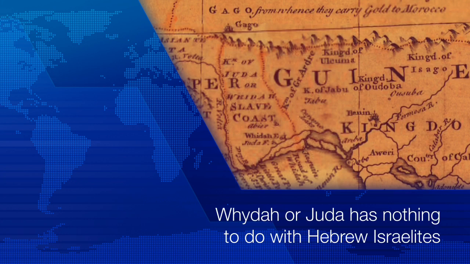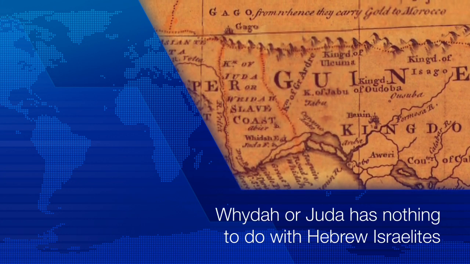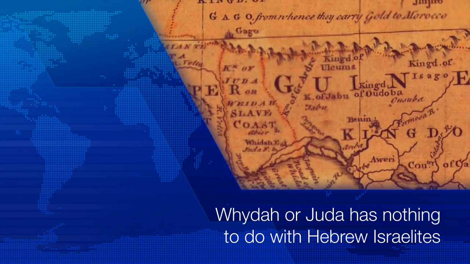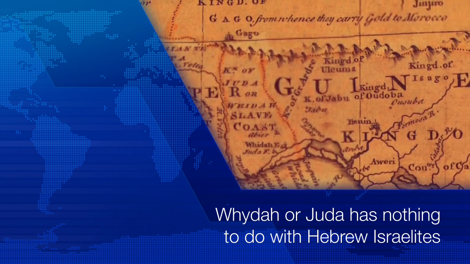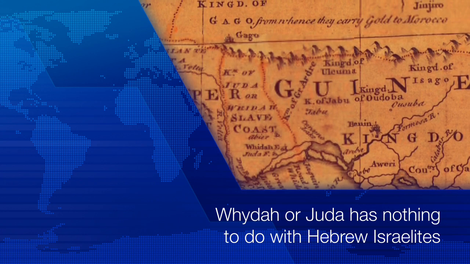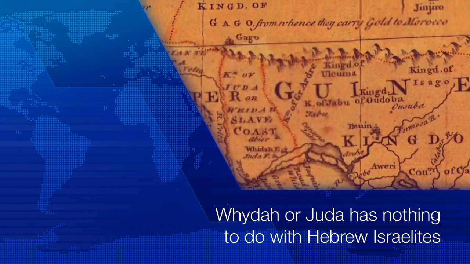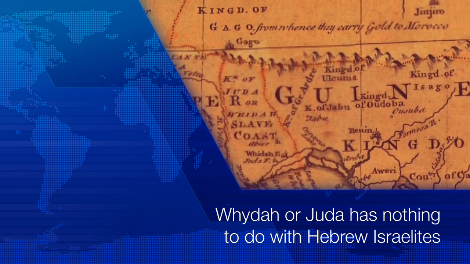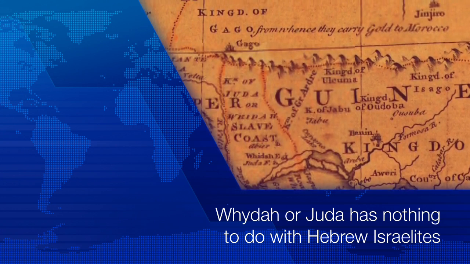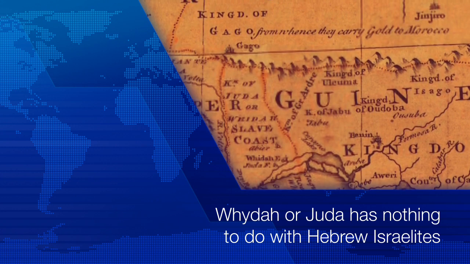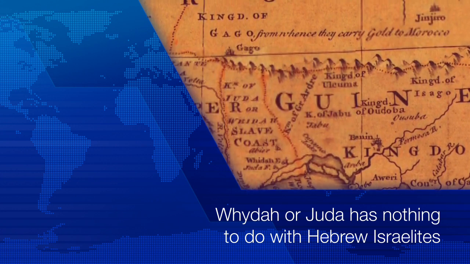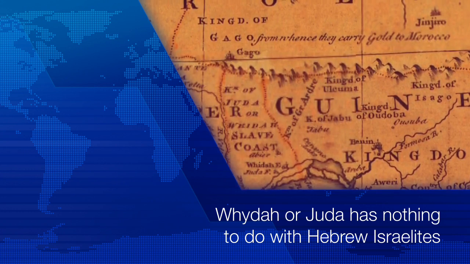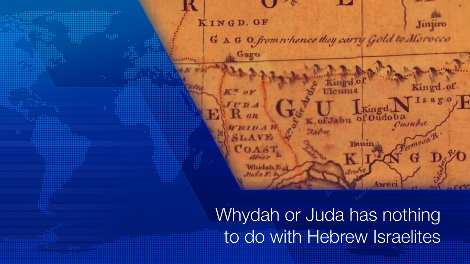Peace. Today's build is going to be about this map on the screen, called the Emanuel Bowen map from the 1700s. We're going to talk about the kingdom of Whydah, or Judah as said in the map. We're going to talk about the origin of those words. We're going to look at the people who make up those tribes. We're going to look at their religion and their culture and what they were practicing. We're going to look at where they went in the slave trade and their participation in the slave trade.